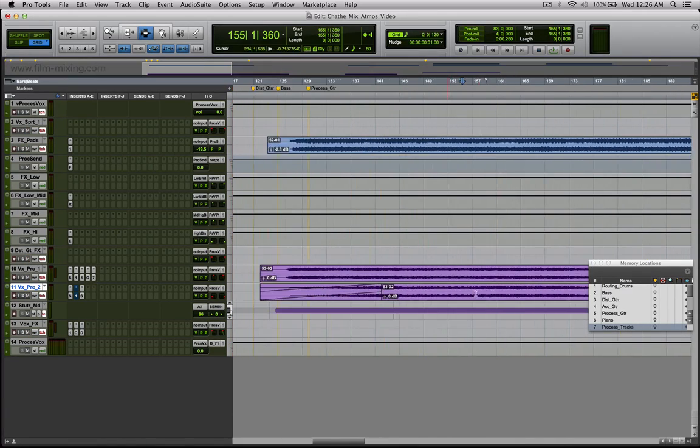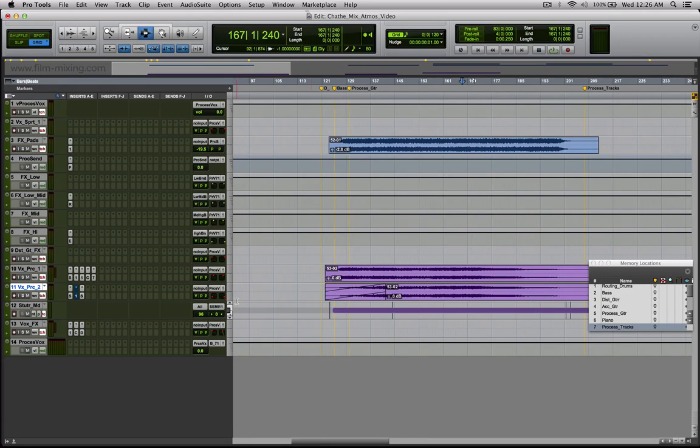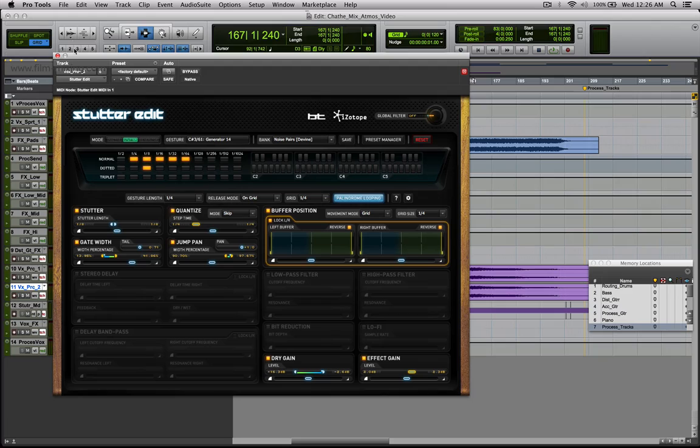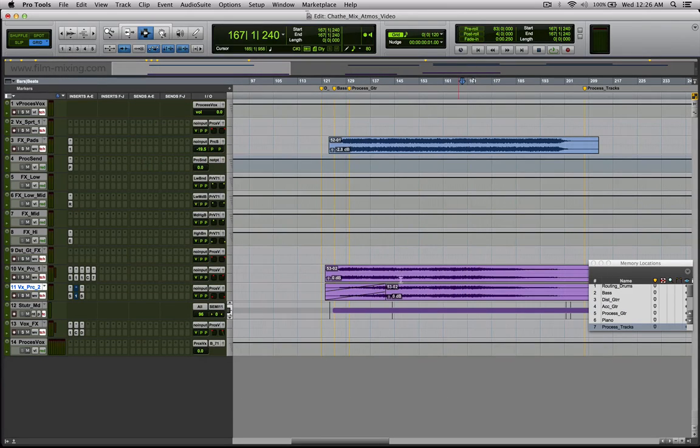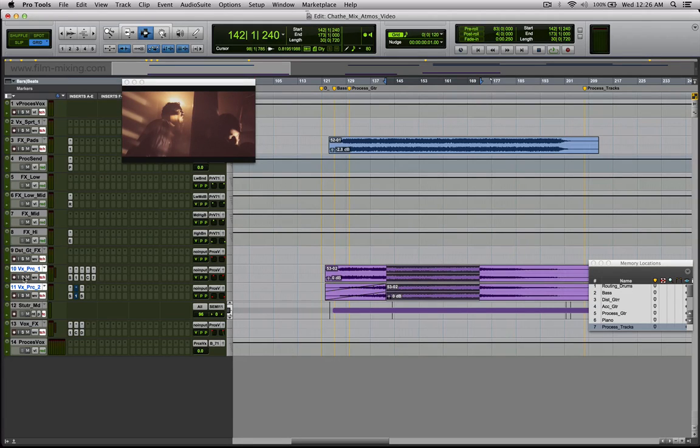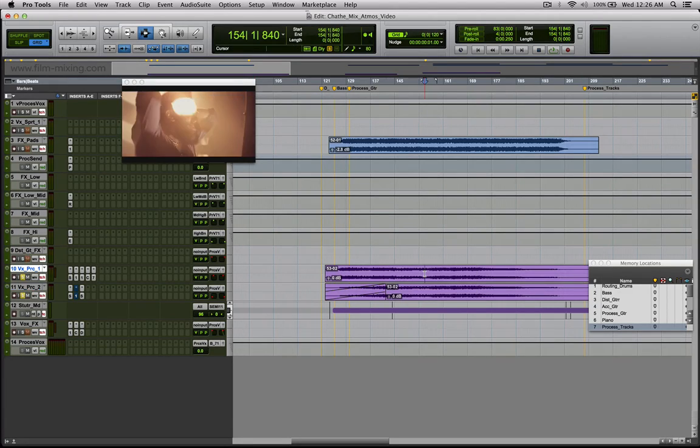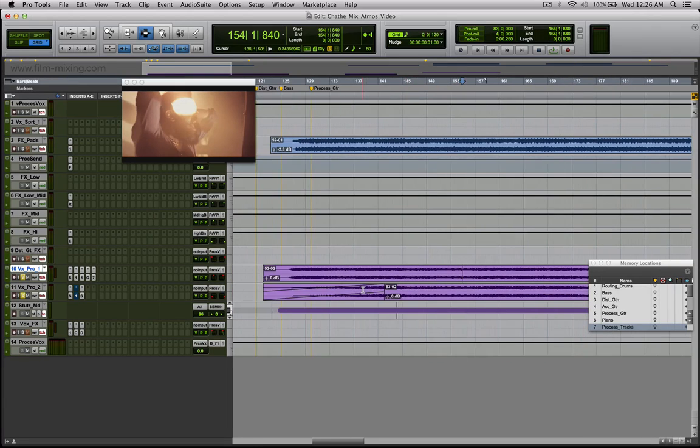Another thing that I've done over here on the vocals is to use stutter. Basically, this is a scream that comes in over here, and when you look at the visual of the scream, there is another alternating representation that happens on screen right here. So if I play this section,